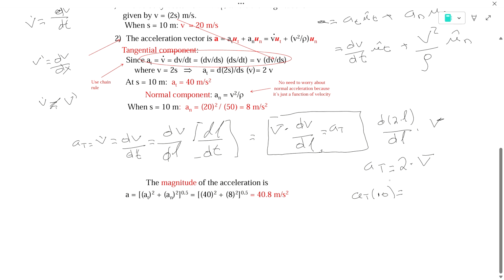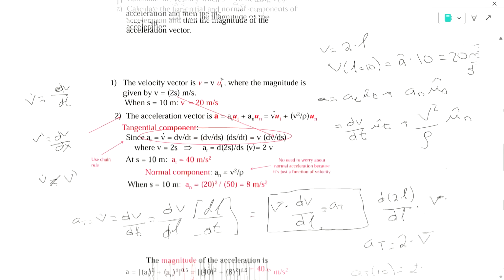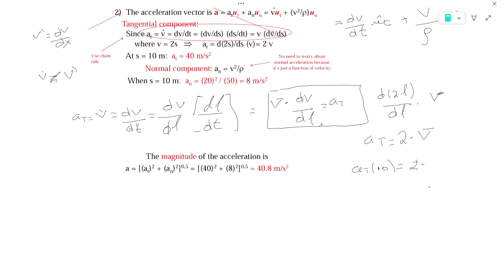Let's see what's going on here. We don't have time anymore, so we cannot just replace it like this. That's why we do the chain rule, because this is 2 times the velocity. So 2 times, and what is the velocity? 20 meters per second. So 2 times 20 meters per second. And the 2 has units of 1/s, which is a little weird, but it's radians per second. So 2 radians times 20, radians are not going to affect the units here, is 40 meters per